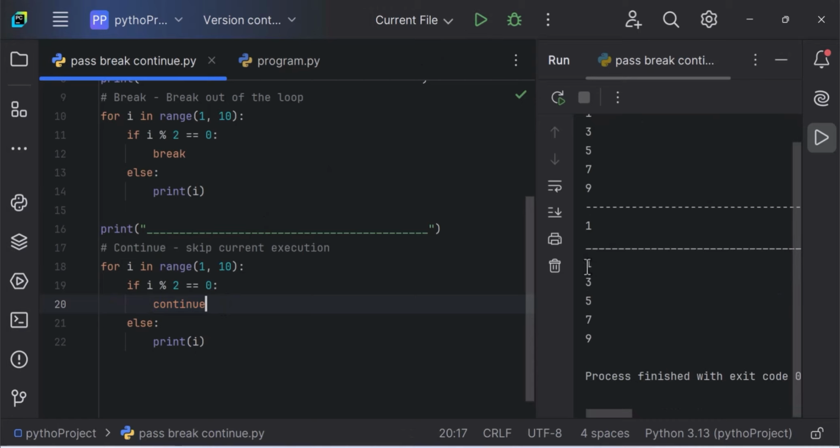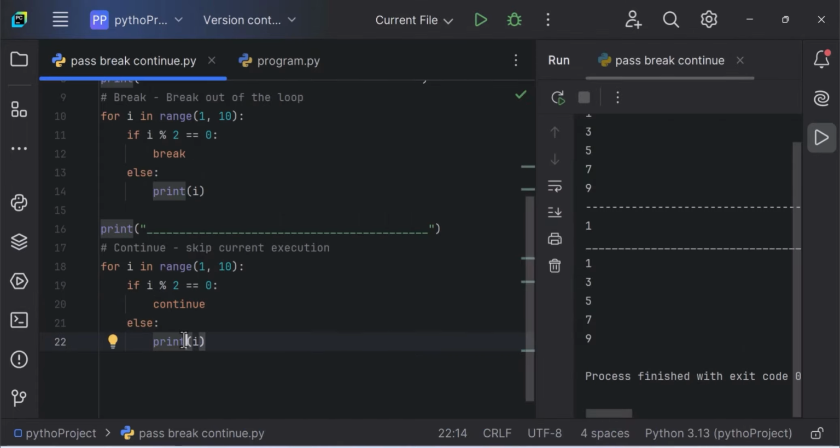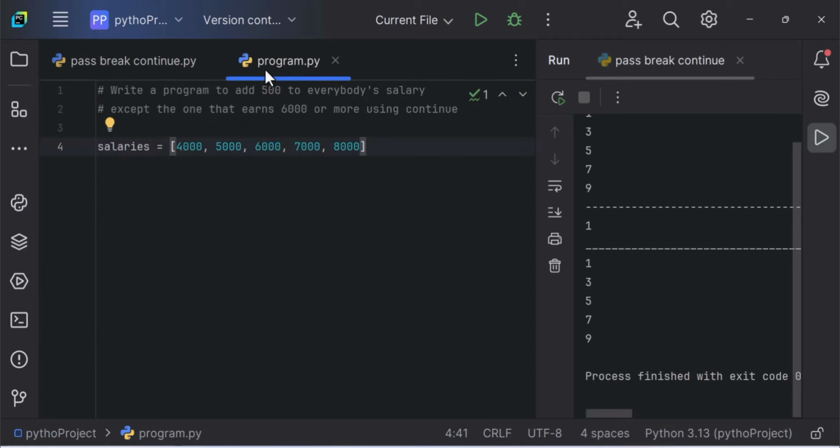So it's printing only the odd numbers. When it gets to the even number, it skips the even number and goes to the next iteration. So if the number is not an even number, it goes to the else part and prints the number, which is an odd number. So that is that about this program. Now let's have a sample program to explain better